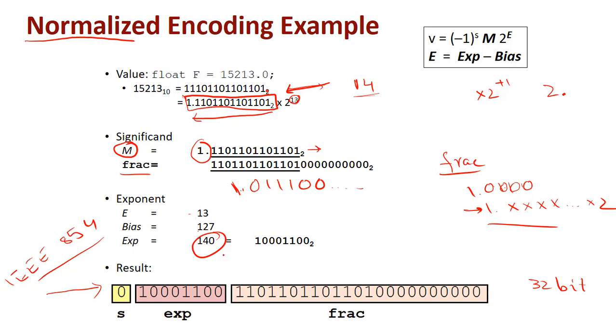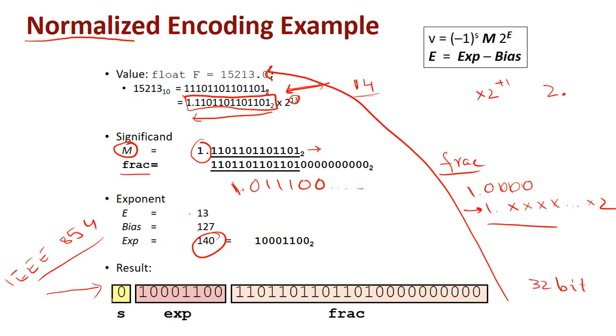You got this bit vector from me, so you can convert this bit representation into an actual decimal number. All right,